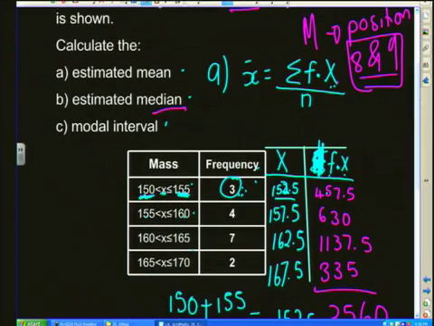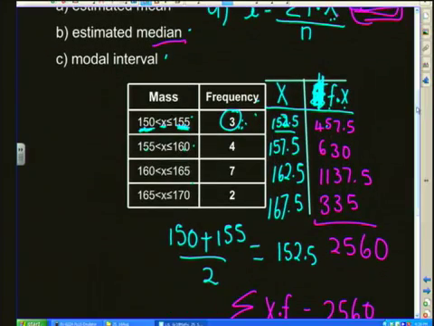So we look at our frequency table and see where the 8th and 9th data values will lie. We can see in the first column we've got 3 and there we've got 4. So the cumulative frequency, if we add that, 3 and 4 is 7. Up to there, we've only dealt with 7 bodybuilders. So therefore, my 8th and 9th value will lie in this interval here. So my estimated median is going to be the midpoint of the third interval. So your estimated median is going to be